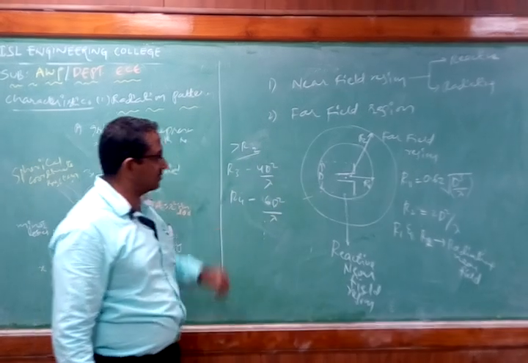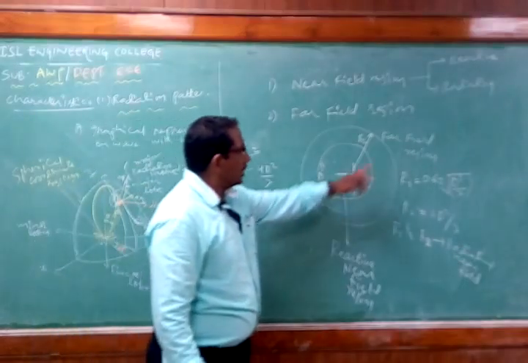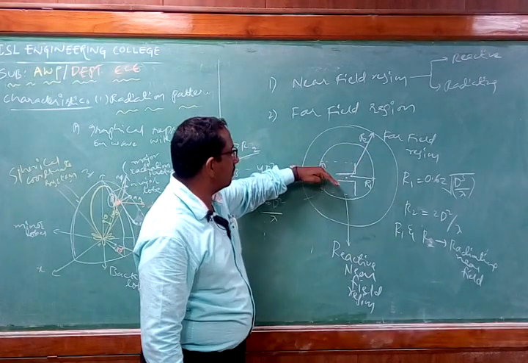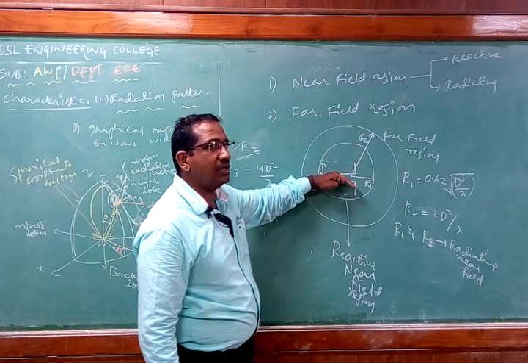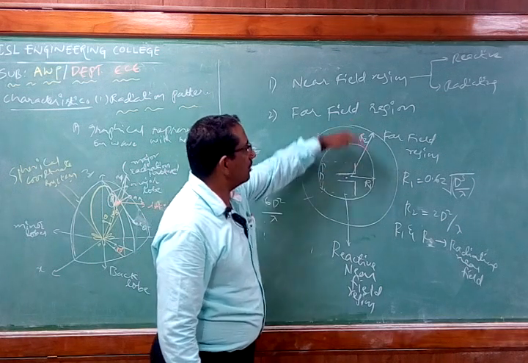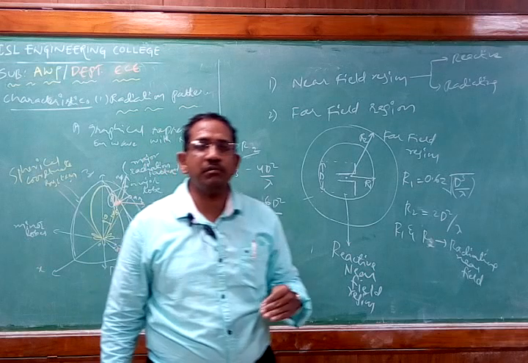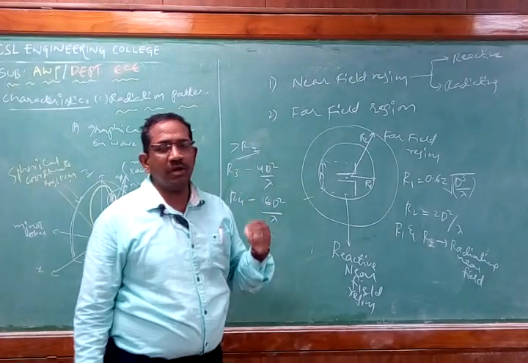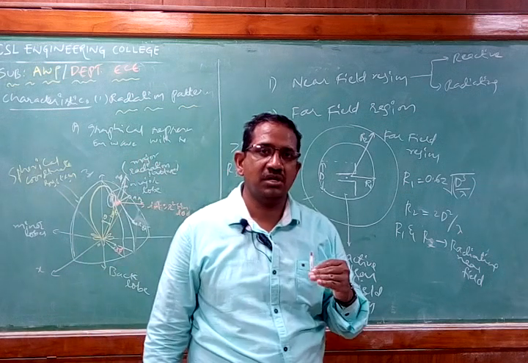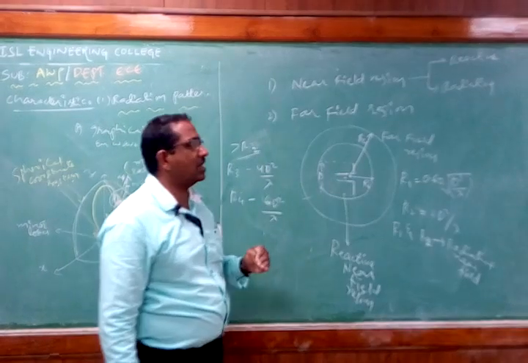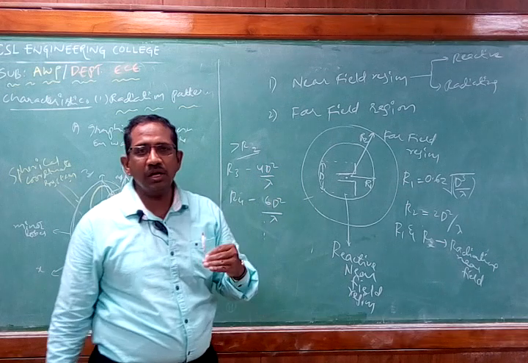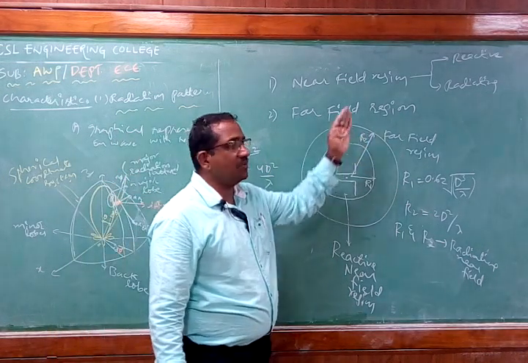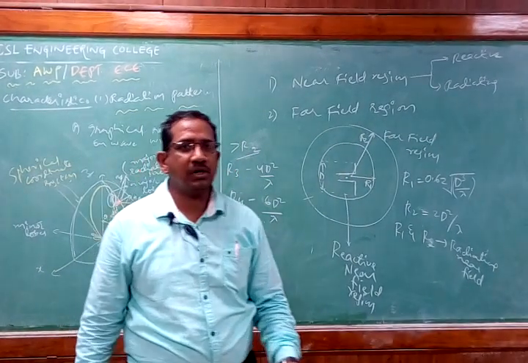Now, what is important is that the wave in the far field region is at a considerable distance of R2 from the antenna. After this, all the waves are uniform, they look the same. That means all the waves are transverse in nature. Since all the waves are transverse in nature, the observer is going to observe a uniform plane wave. That means after the far field region, this wave is considered a uniform plane wave for our transmission.